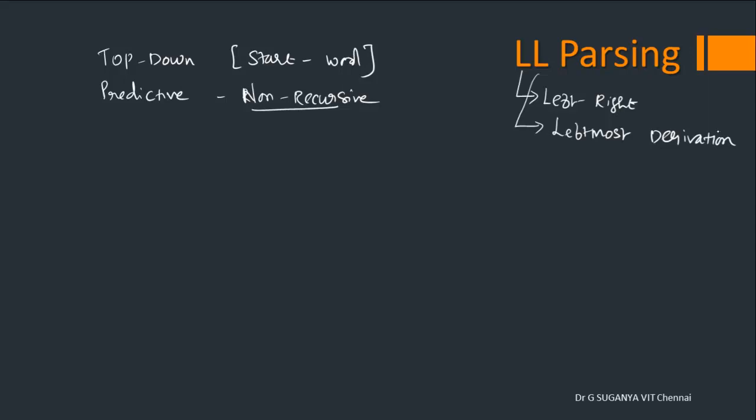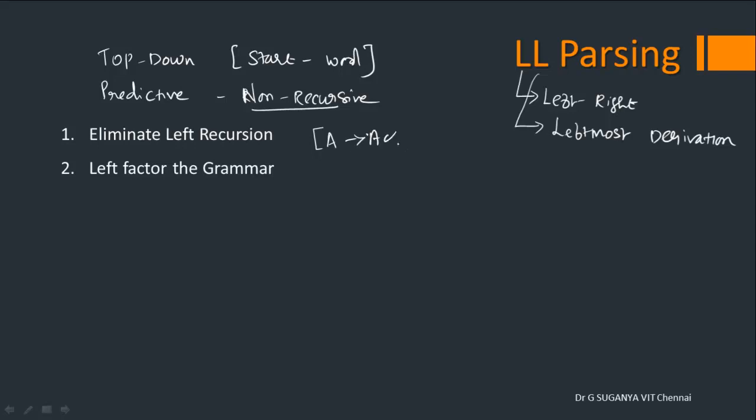With that simple understanding, let's see what steps are available. First, we have to eliminate left recursion. Left recursion is when you have a production of this kind, A gives A alpha, wherein the left non-terminal appears as the first symbol on the right side. Whenever you start deriving like this, you always end up with the same A. It will never end; it will go on recursively, and hence we should eliminate that left recursion. It doesn't mean this production has to be removed. There is a way to do that, which is discussed in one of the videos.